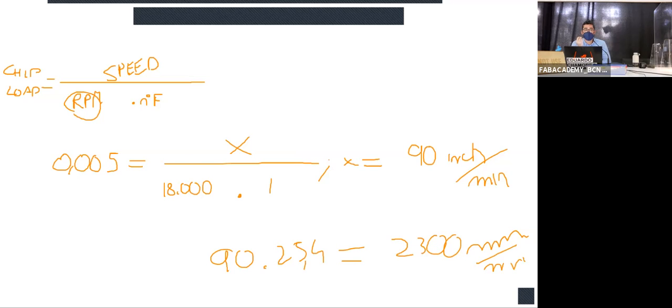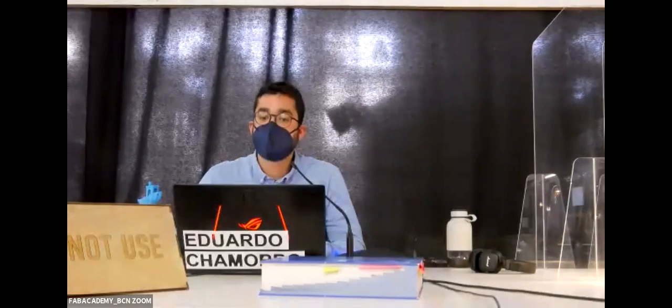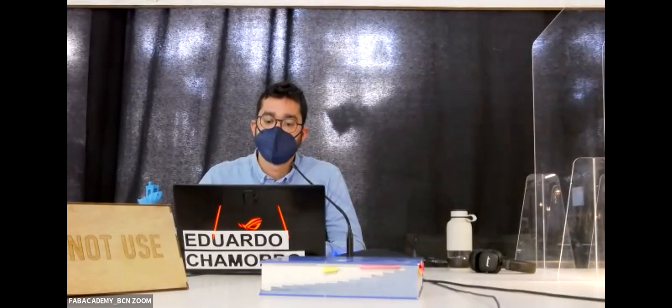It's good because it seems a little bit annoying, but it's quite scientific. We have a value to start with. So even if you don't know how to cut a material, you can always go to the charts and check what are the recommended feeds and speeds. The chip load is what the end mill recommends when you buy it. If not,